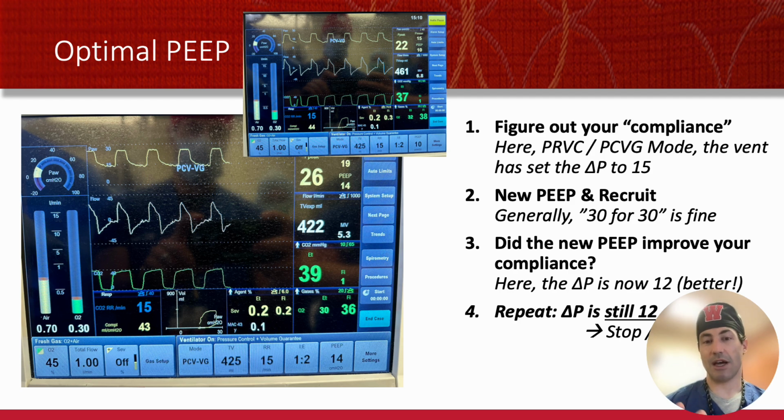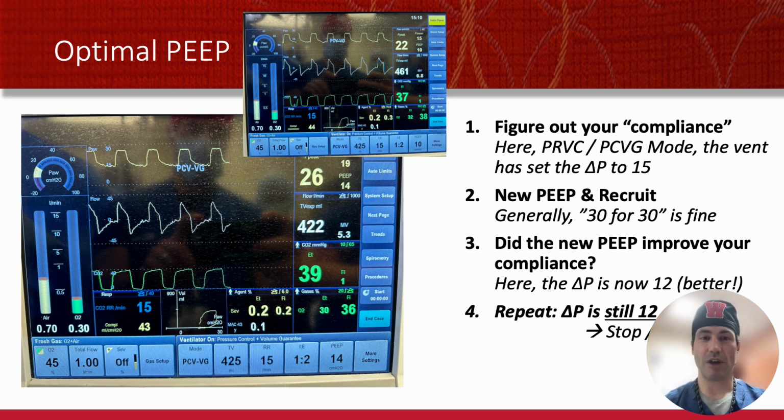How do I know? I look at my driving pressure in this mode of ventilation, PCVVG or PRVC, smart pressure control. Here we are, PEEP is 14, my total pressure is 26, my driving pressure is 12. Well, that's the same as I was before. So I went from 10 to 14 with absolutely no change in my compliance. That tells you your optimal